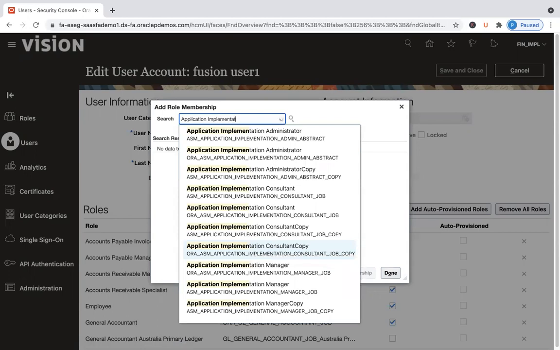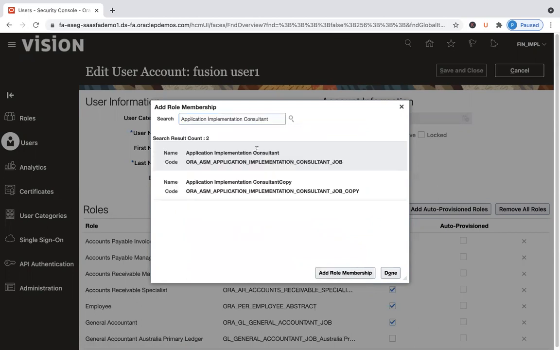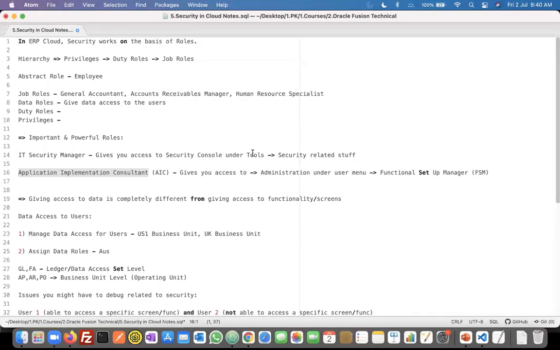Application implementation consultant. This application implementation consultant role is another super powerful role. If you assign this role to a specific user, you would grant them all the access that a user needs as an implementation consultant. And what does that access mean? That access means